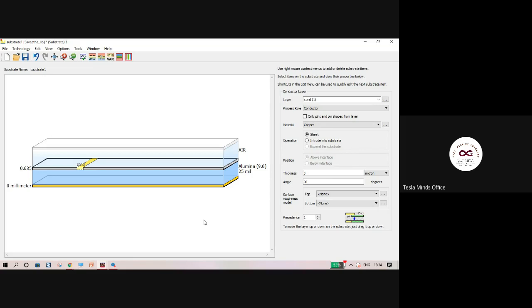Don't give any arbitrary metal or any thickness, because when you buy that fabrication laminate, that might not match. Always refer to the Rogers website and FR4 website, because these are the commonly used substrate laminates, right?